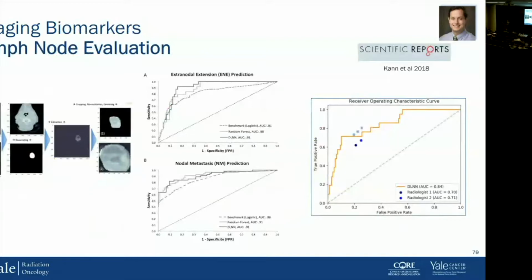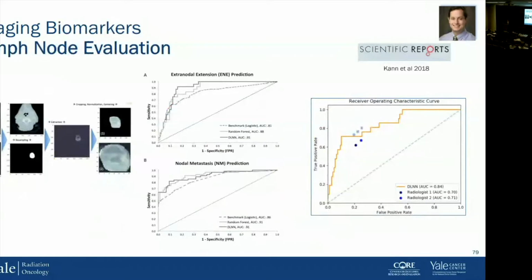And so what he was able to determine first on an internally validated data set is that a deep learning model outperforms a logistic regression, as well as a random forest model, which is another common machine learning technique. And secondly, we did an external validation from patients at Mount Sinai Medical School, as well as in the Cancer Genome Atlas, the TCIA, the Cancer Imaging Archive, and we also compared it to neuroradiologists trained here. One is that our model continues to have good performance, but also it is pretty much at the same level of the radiologist.